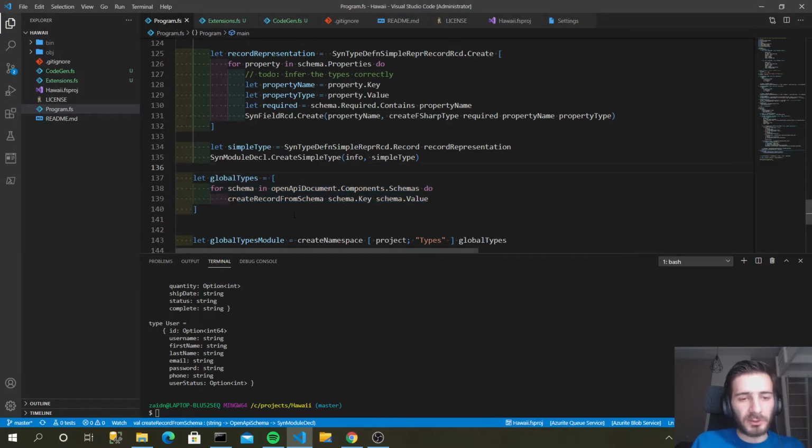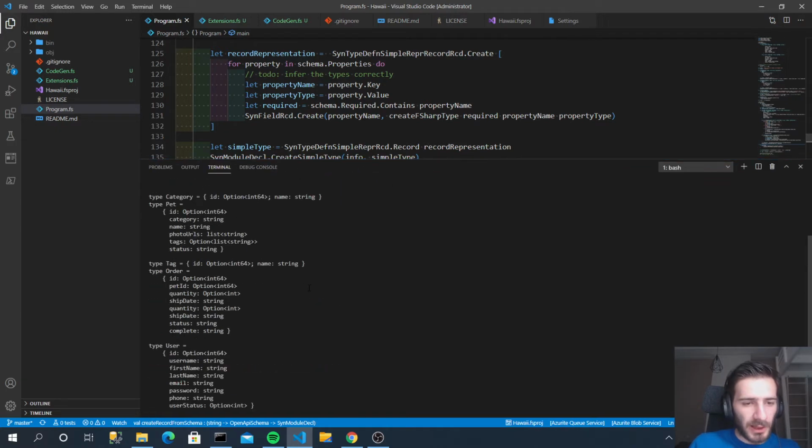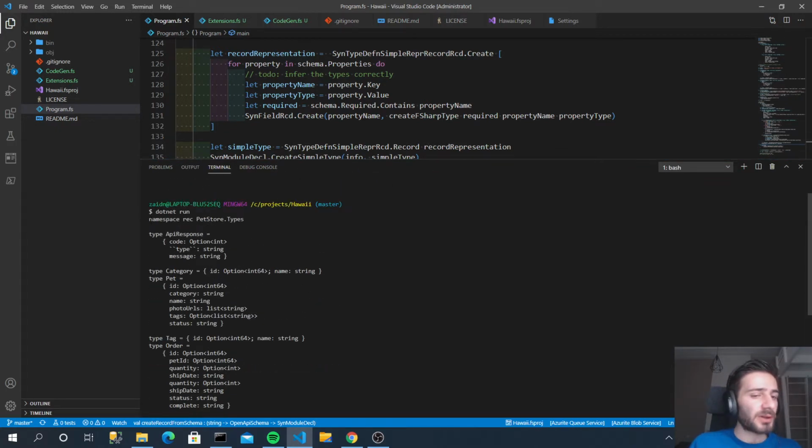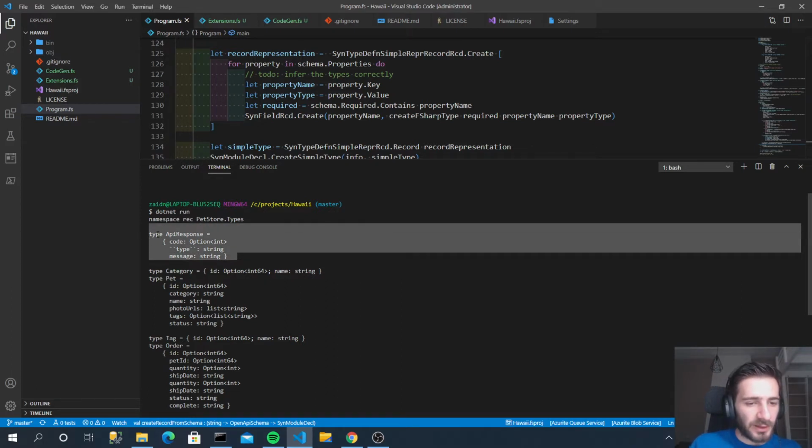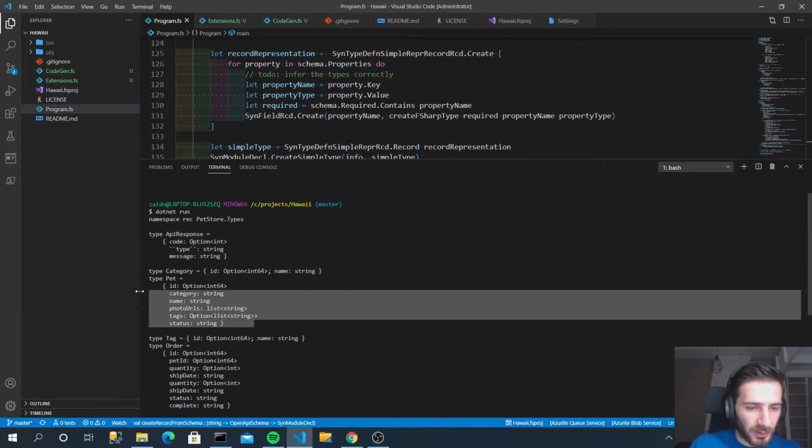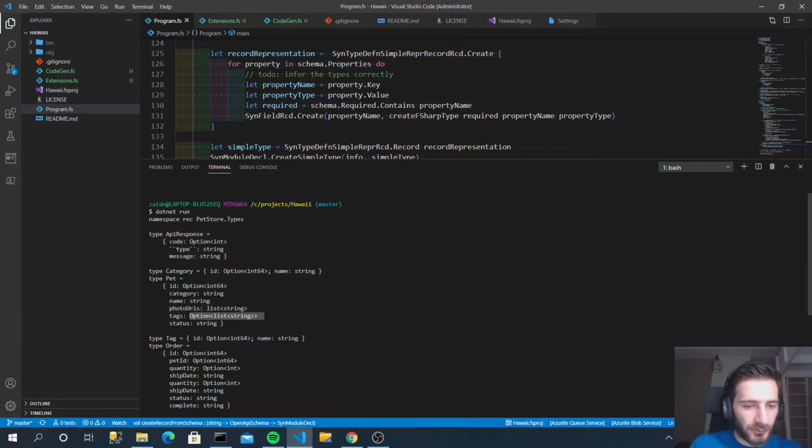Now, I'm not sure if we are going to encounter things that don't look like records. I think they're all records, but I'm interested to see what kind of edge cases exist in here. But now we haven't gone that far yet. So what we have here is the initial implementation, which creates a recursive namespace, which is important when we want to reference other types in the same module. From each definition, it will create an F# record from it. And it also accounts for optionalness,